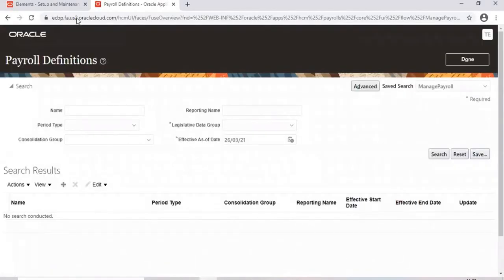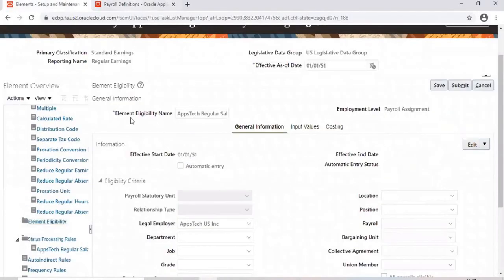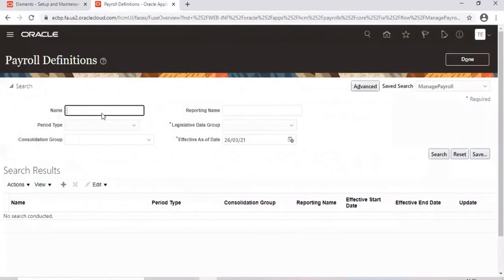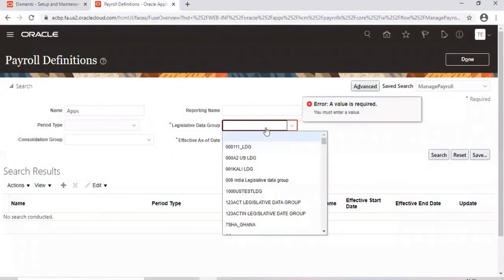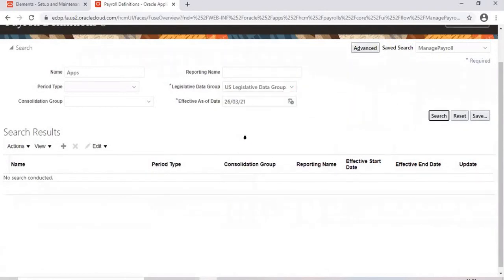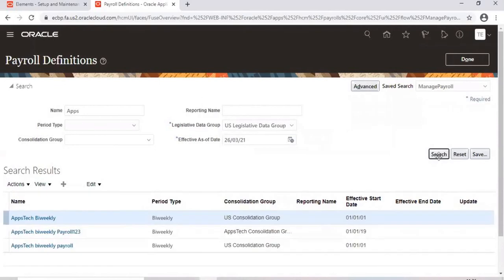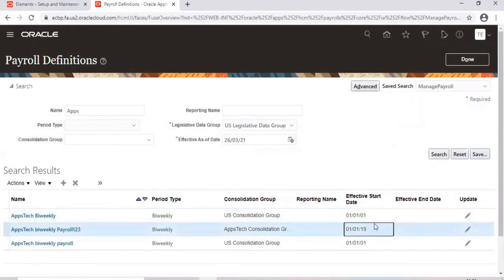See why our payroll has not appeared here, because we have defined our payroll from 2019. This is the reason the payroll is not showing up there.